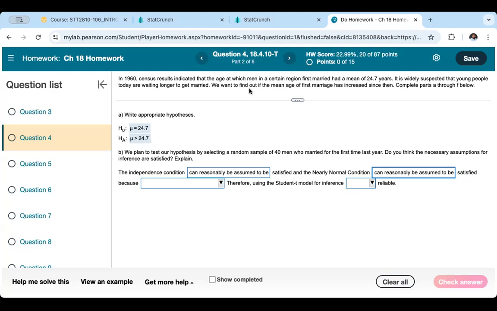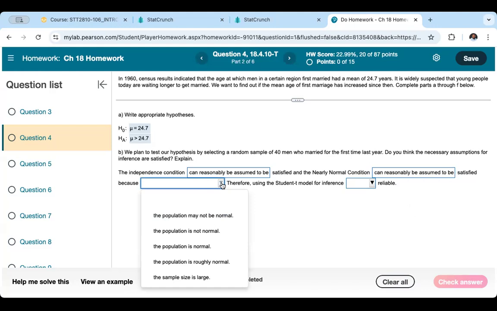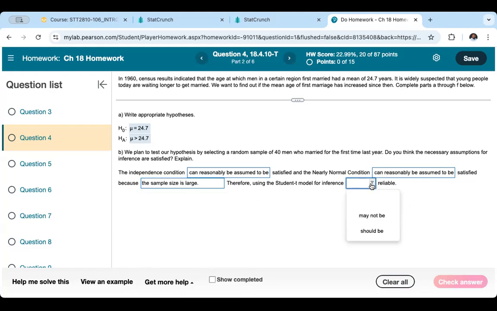So we are going to make those assumptions. Okay, the sample size is even 40. So we know the sample size, so we can reasonably assume that it's also met. And then because the sample size is large,